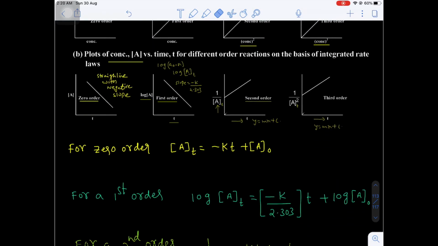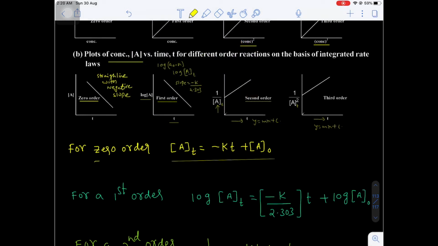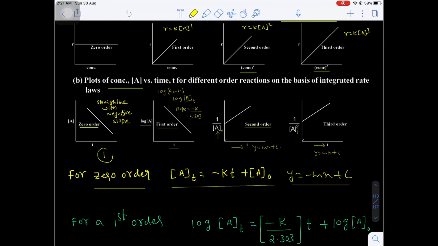Now we know in the first order kinetics the concentration of reactant at a certain time interval t will be equal to minus kt plus initial concentration of a reactant. Are you getting my point? So this is corresponding to which order kinetics? Zero order kinetics. This is in the form of y is equal to minus mx plus c. This is corresponding to the first graph. This is a zero order kinetics.